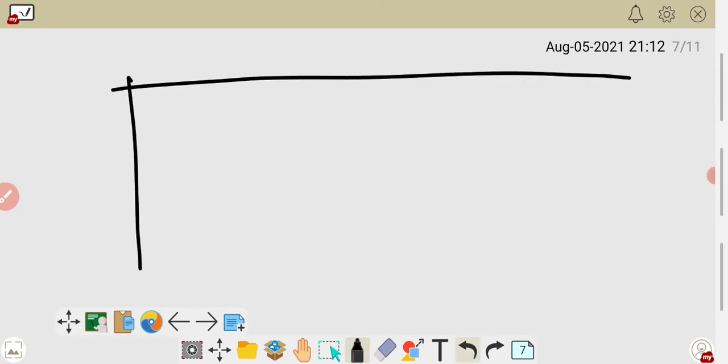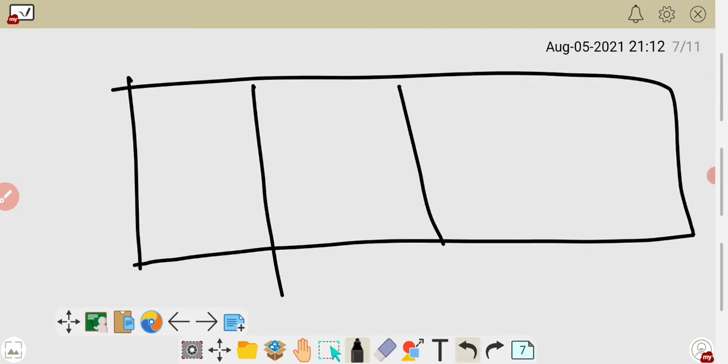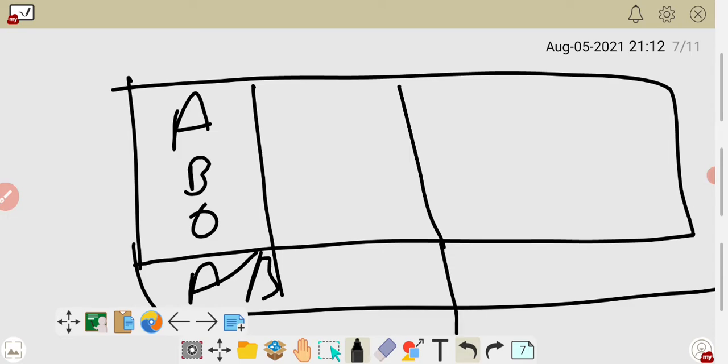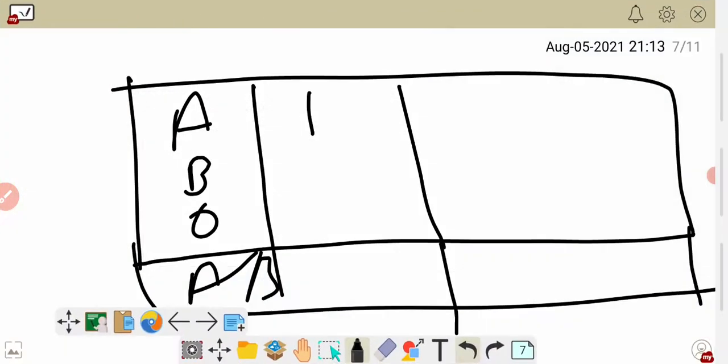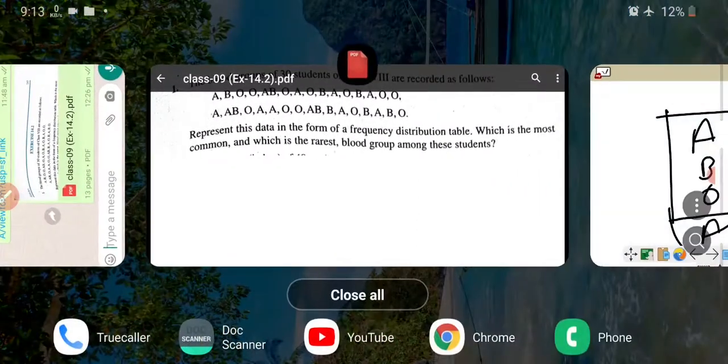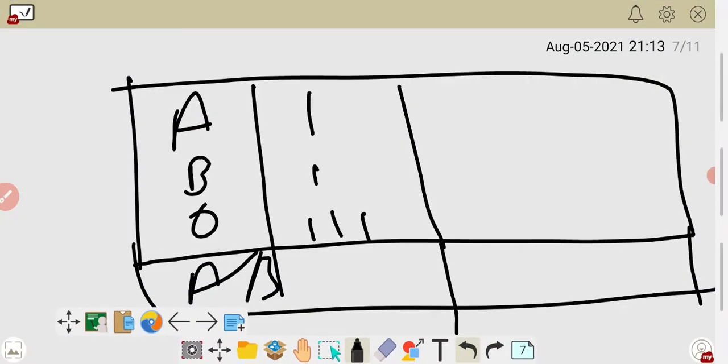Okay, so in that question, first you have to know the blood group, whether it is A, B, O, or AB. Like that you have to put the blood group. If the first one is A, then write one tally mark here, and the second one is B, then write one tally mark here, and the third one O, then write one tally mark here. Again just see, and then O, A, O. What is O? Then write one for A and then for O. Like that you have to make tally marks for all the blood groups.